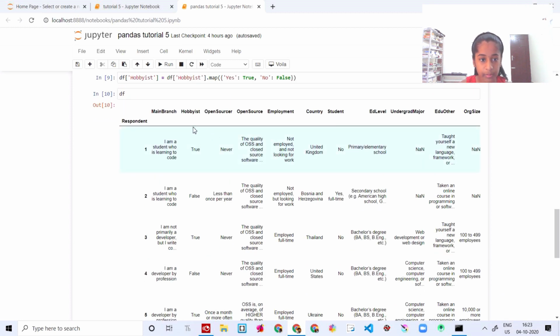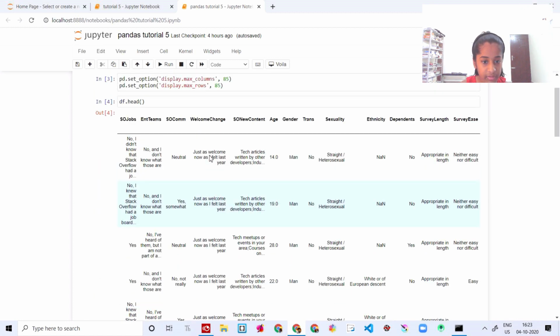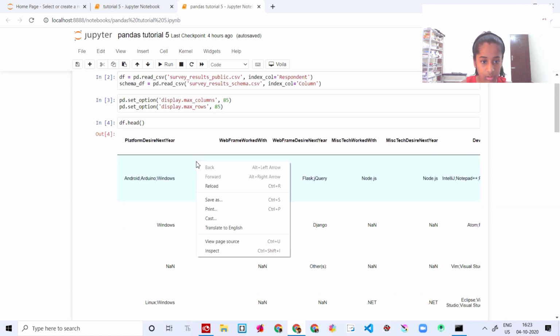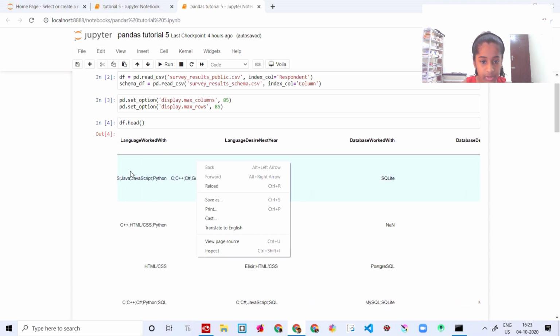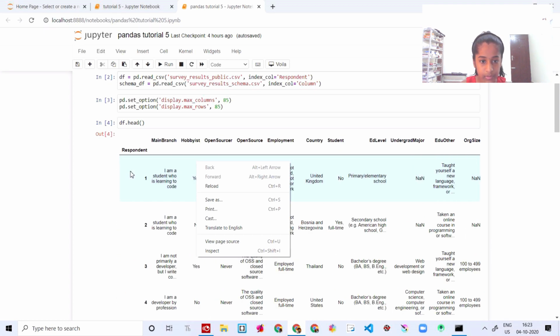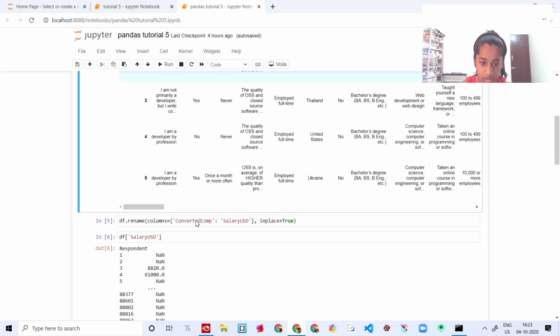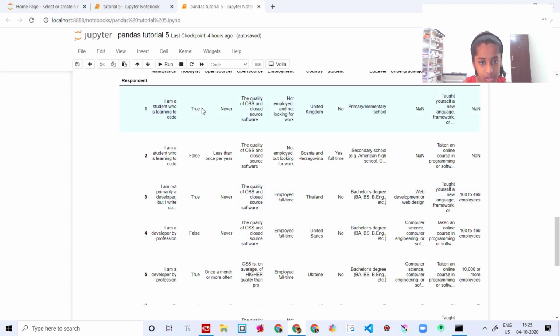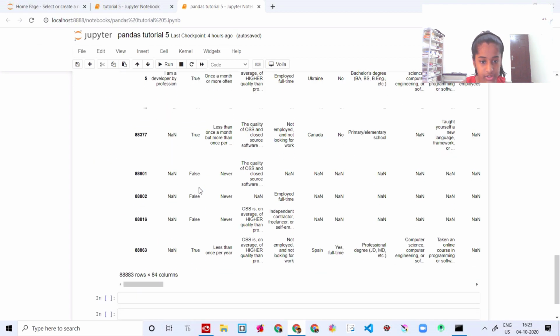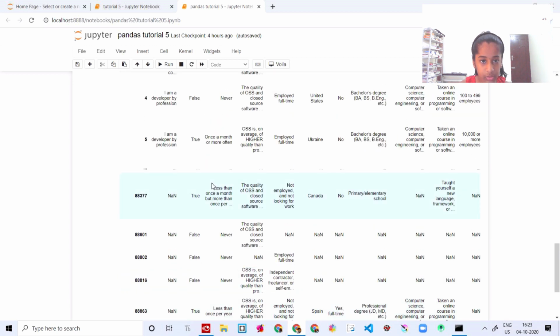And now we're going to print out the df. It's going to be True or False, not Yes or No. You can see over here it would have been Yes or No. Let me just search. Yeah, you can see Yes or No. This yes will be transformed to True, and no will be transformed to False. You can see True or False now when we changed it. So let's move forward to our next one.